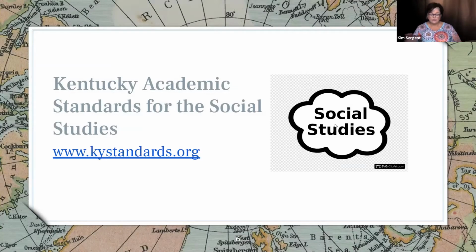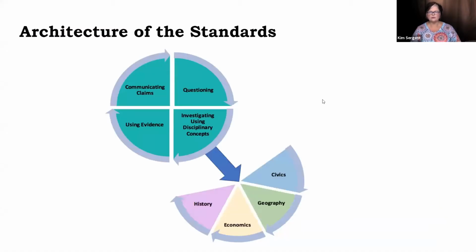So the first thing we're going to do, and you will see on the note-taking sheet that you have this, it says kystandards.org. That is your go-to for everything in terms of the standards. There are some phenomenal resources, especially for high school, for the disciplinary clarifications, and I know I've got some high school folks up there. The disciplinary clarifications for K-8 are inside the standards document, but you're going to know in a moment what those are. For high school, that is a separate document that you would find at kystandards.org. In a little bit, if we have some time, I'll go there and show you around the site a little bit, show you where some of those things are.